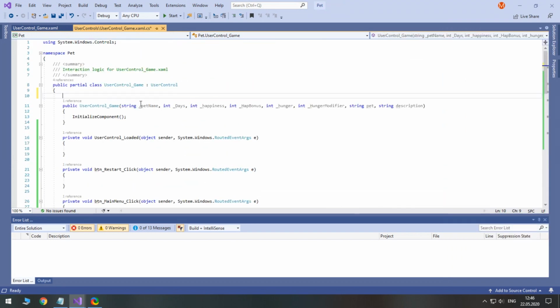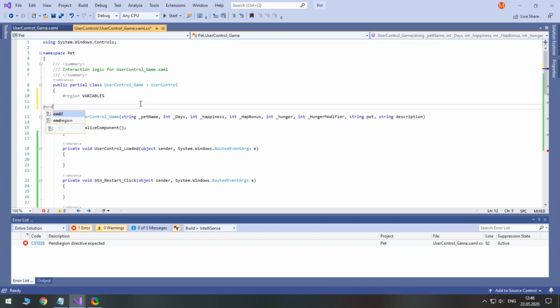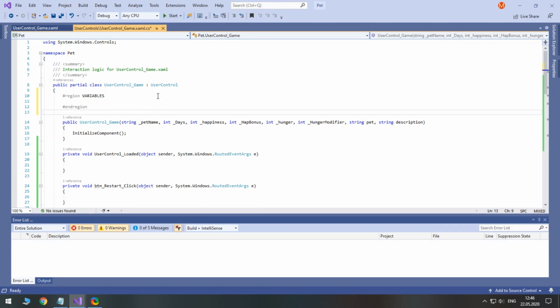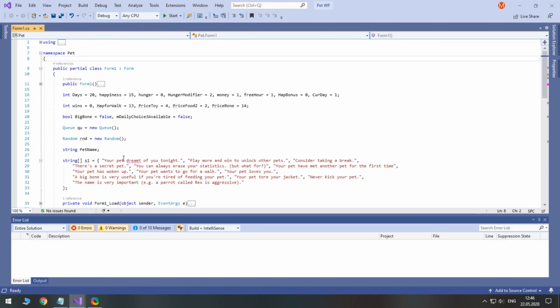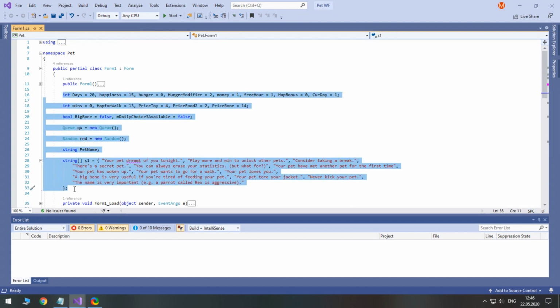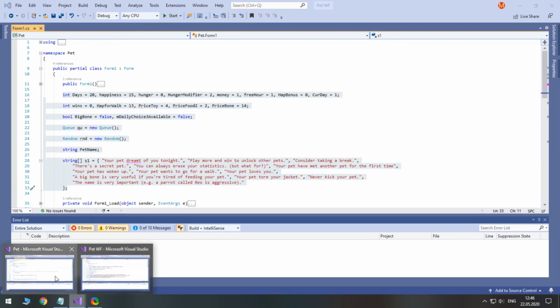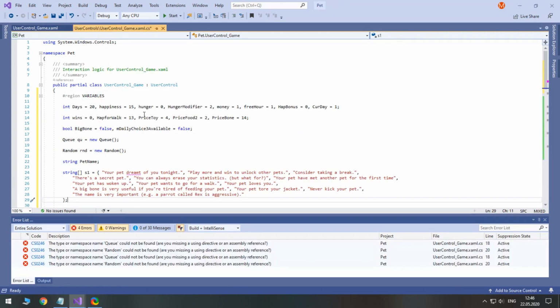Let's create a region for our variables. We will copy variables from Windows Forms. This time we keep most of the variables.